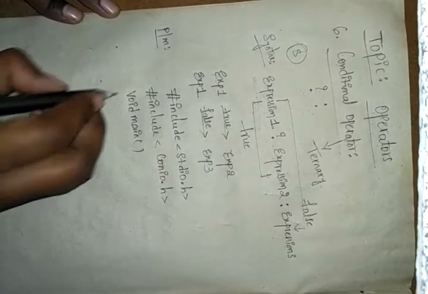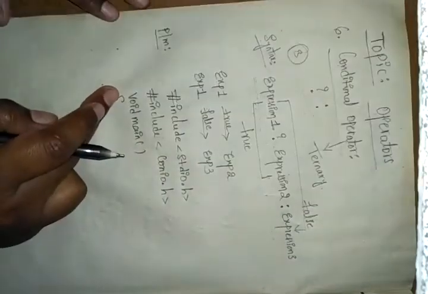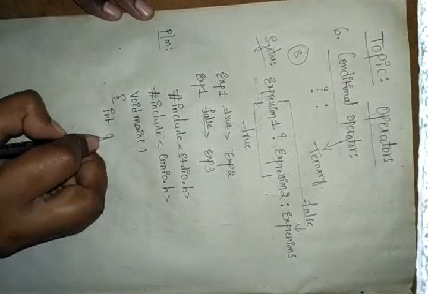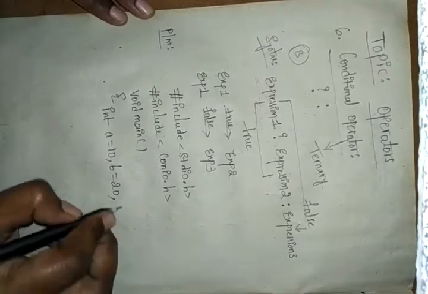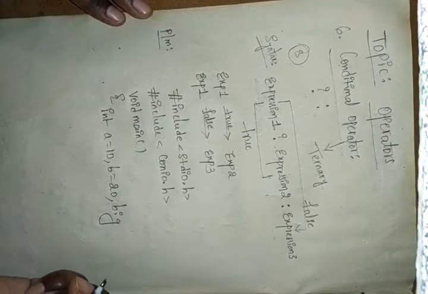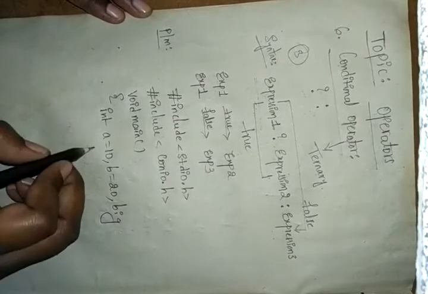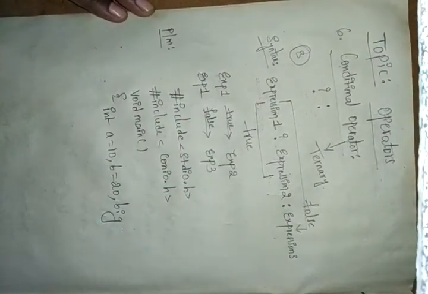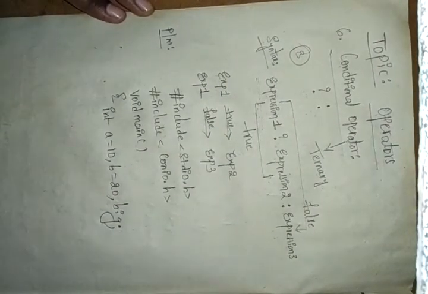After the void main, you have to open the main method. In this main method, I am taking the data type int a equals 10, b equals 20, comma, and again I am taking big. So why am I taking big? Which one is the big value? Yes, we know 20 is the big value compared to a and b. But we need to find it with expression 1, expression 2, expression 3. So that's why I took big. Okay, and give the semicolon.